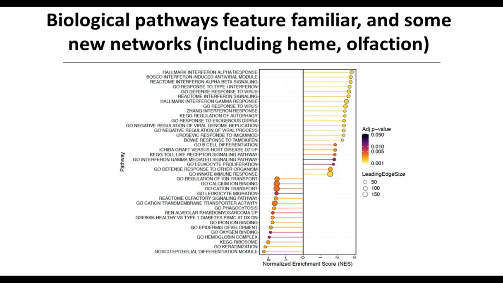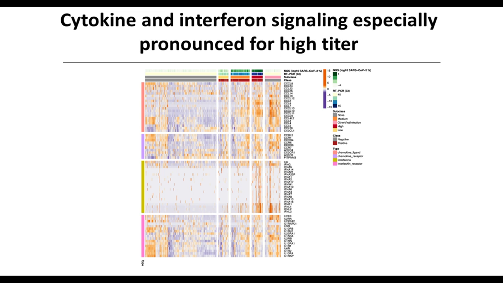which we see more pronounced in some patients that have lost sense of smell or taste, which is really intriguing to think about clinically. And also the hemoglobin complex, and also looking at iron binding and other oxygen binding pathways that relate to some of the hematological deficiencies and disruptions that have been seen in patients as well. And maybe even linked to some of the happy hypoxics that have been seen clinically, although that's speculation at this point. So the other thing we want to do is look at cytokine and interferon signaling,